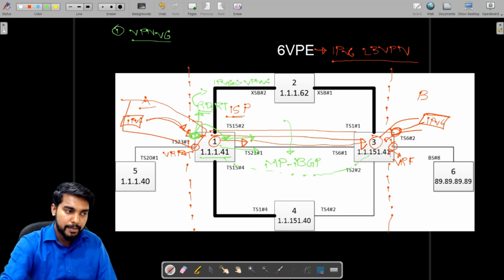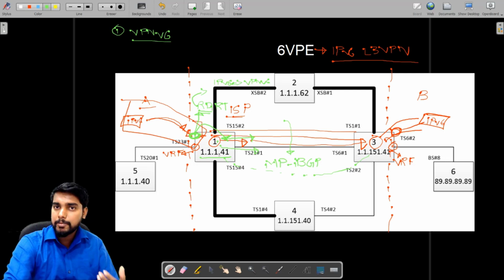For VPNv4, an IPv4 next hop makes sense. But now in our case, we have VPNv6. So if my BGP is advertising a VPNv6 route, it should also advertise an IPv6 next hop. But the problem is, in my IPv4 backbone, I don't have an IPv6 next hop.